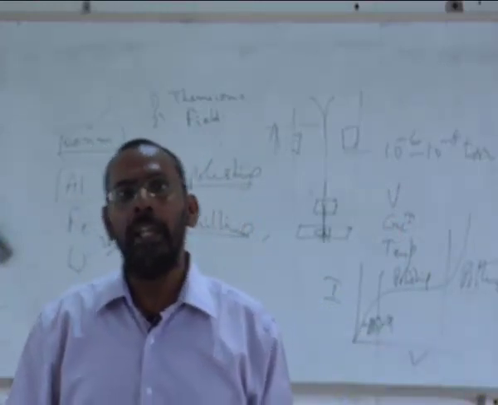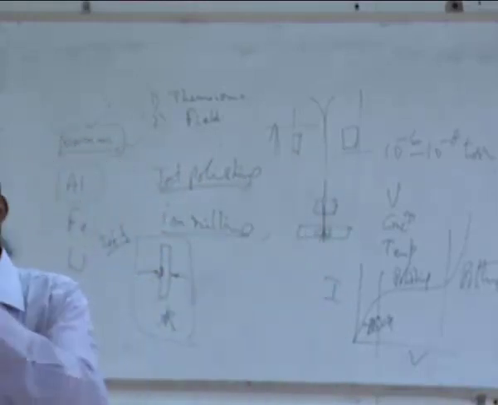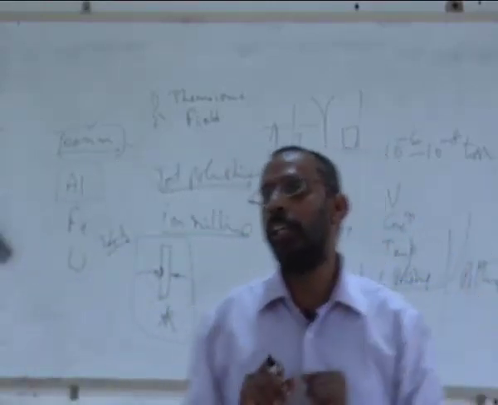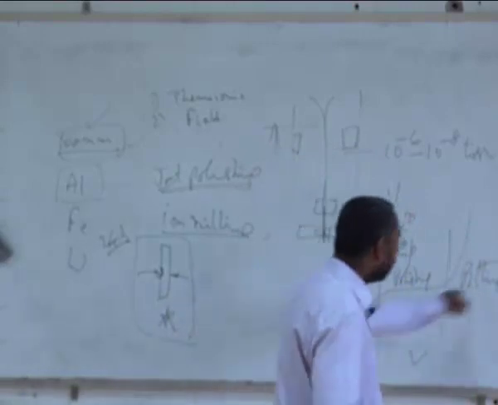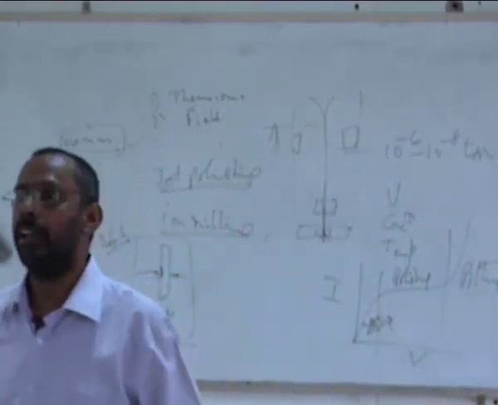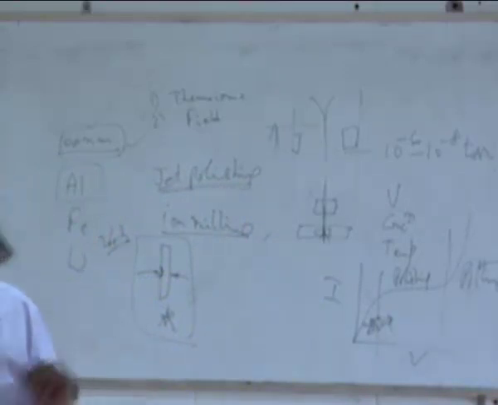And this domain is different for different materials. You need to identify what that domain is for your material, and work only in that domain. Otherwise, if you are either here or here, the sample will have a lot of oxidation happening, and as a result, you will not be able to see the true image of the sample.